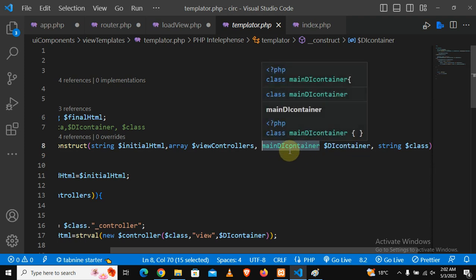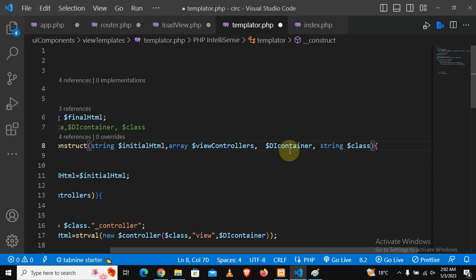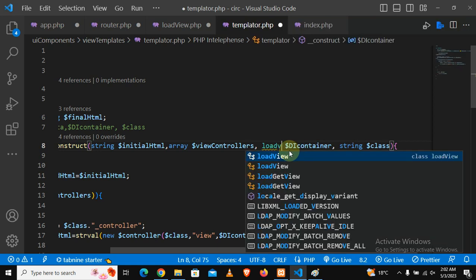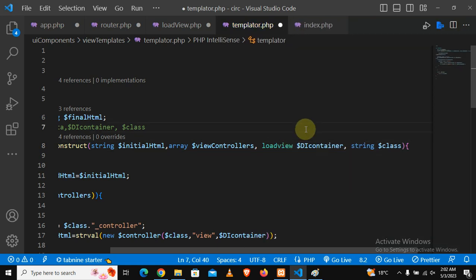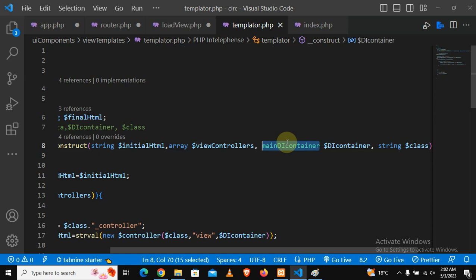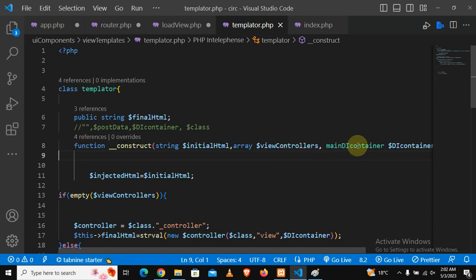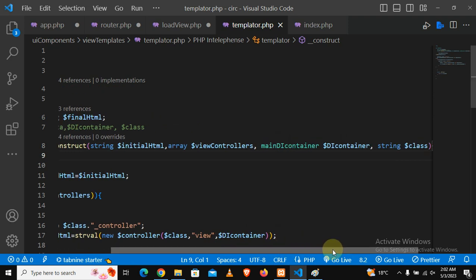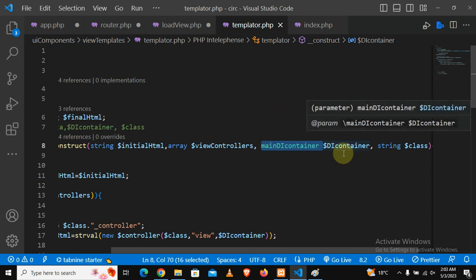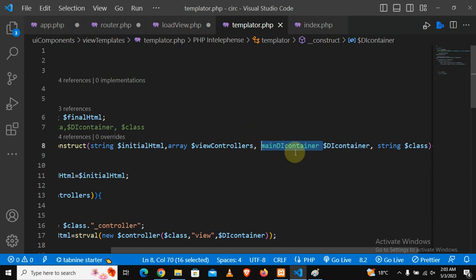So meaning that in my code I've got a lot of classes. Let's say I also got load view. It's type hinting. Yes, it's type hinting, not typecasting. When I'm applying the type hinting technique, I'm telling the PHP engine that when I'm receiving this item, I want it strictly to be this type, so that in case somebody might make a mistake,